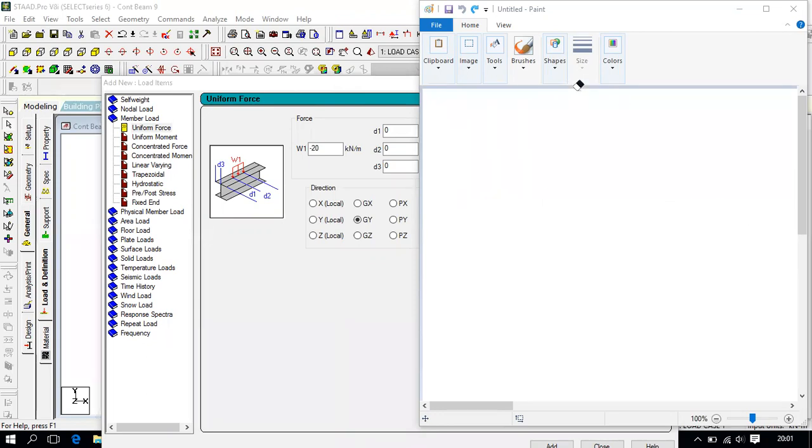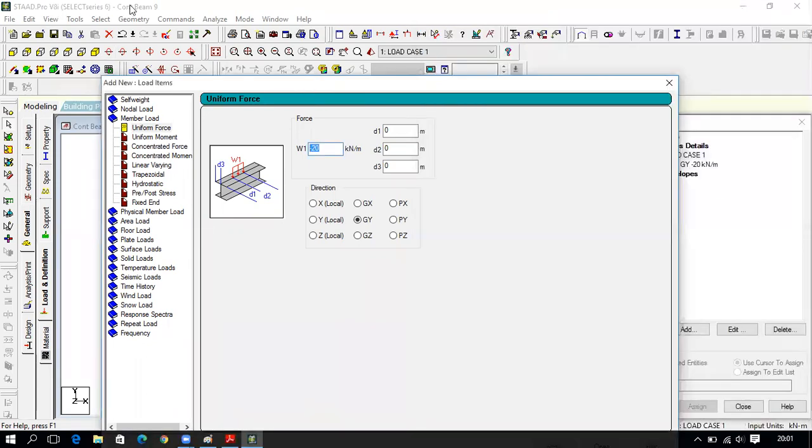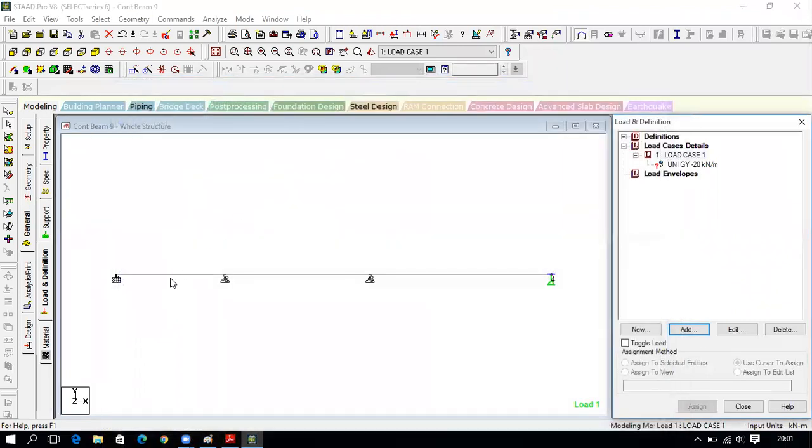For this beam, I will assume 20 kN per meter acting over the overall length, and I will assume some point loads acting here for this beam, and I will assume the UDL is acting only for some part of the beam like this.